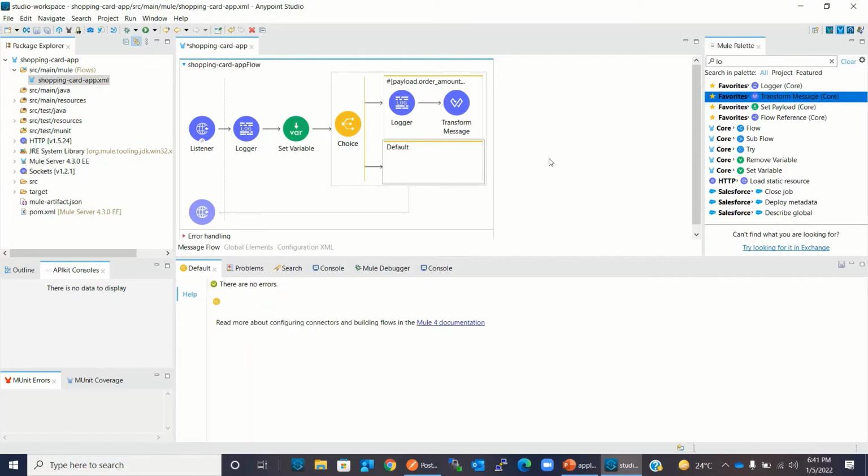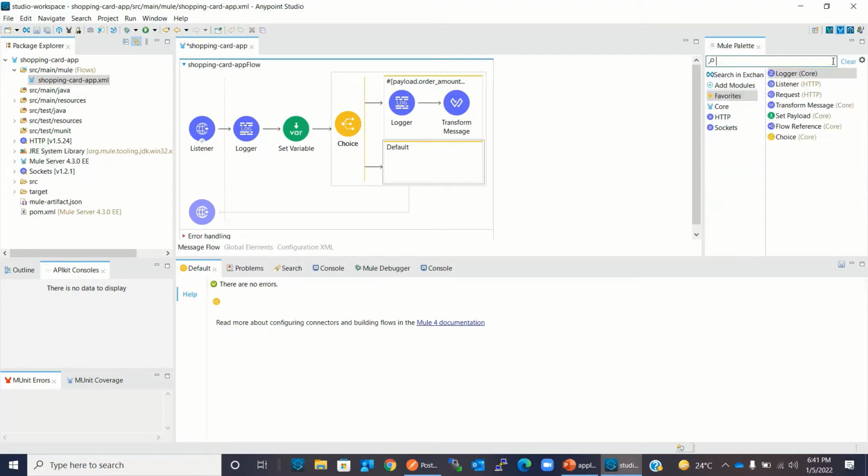Now, in case of default, when the order amount is greater than the credit limit, I need to raise an error. So I need a Raise Error component.